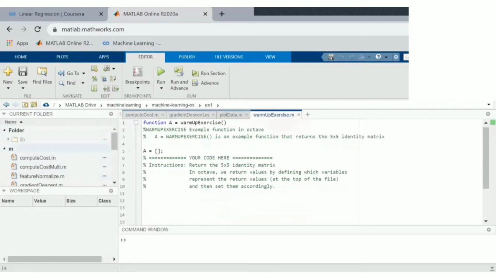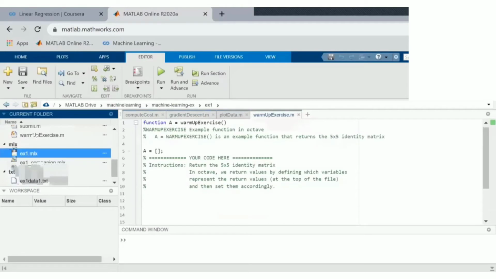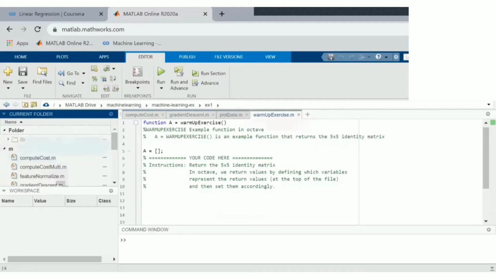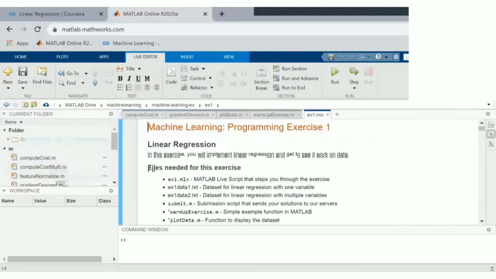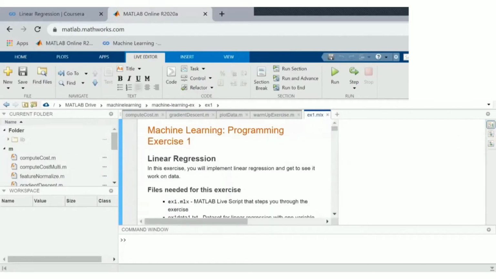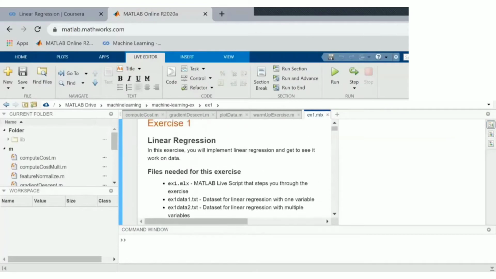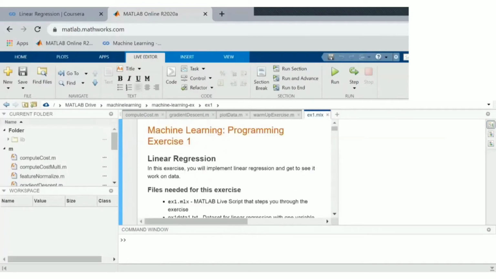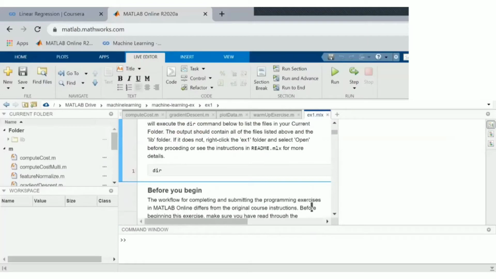the main thing we need to open is the ex1.mlx file. Okay, we have opened that file, machine learning programming exercise 1. When we open that exercise 1, we have three icons. Here we can see the right side, output on right. So click on that output on right button. Okay, we see how to solve which one of them. We tap this, that number has 1. Go there and press run.